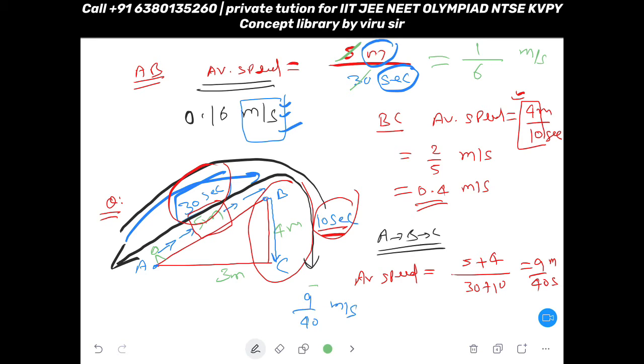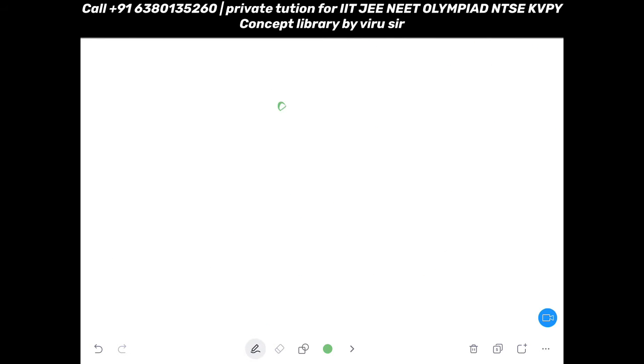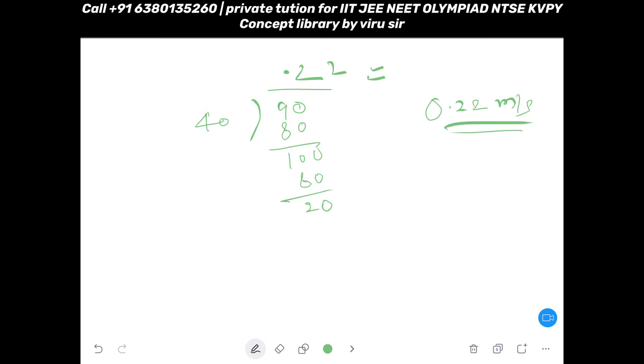Now if you want your answer in decimal, then divide this in decimal, or else you just leave it here itself. Suppose you want the answer in decimal, then how will you calculate? I am changing the page. 9 by 40 you have to divide. So you take decimal, you will be getting 0 here, then you go 2 times, then you will get 80, so you get 10, then again 0 will come, so again you go 2 times. You cannot go 3 times because it will be 120, so 2 times it will be 80, so it will be 20. Okay, so like this 0.22 is enough. 0.22 meter per second, this is enough.